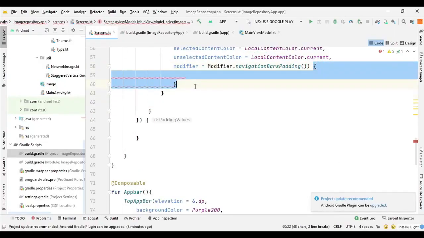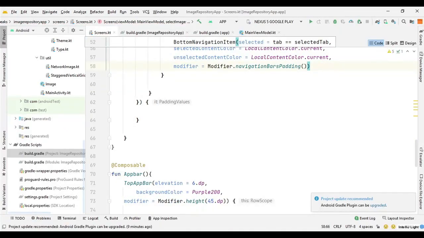So this is where the scaffold components complete.